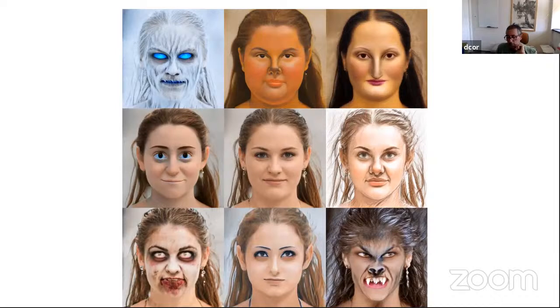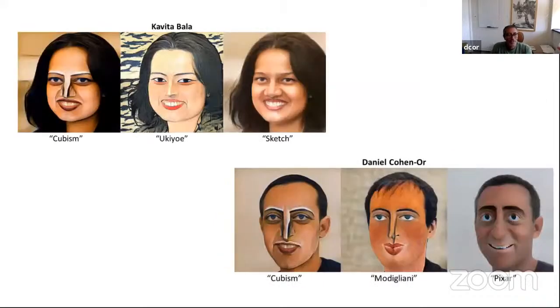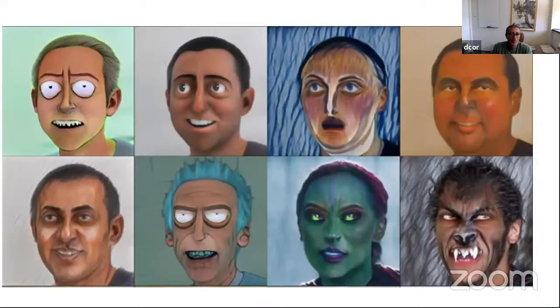And I also played to have some fun. I mean, of course, you know, the next SIGGRAPH chair, Niloy Mitra, we played with his face. Olga, you all know Olga, I hope, and Kavita Bala, and myself. And my students also, they keep playing with it all the time, so they make fun of me and try all kinds of